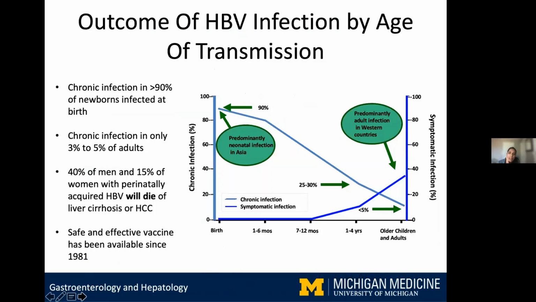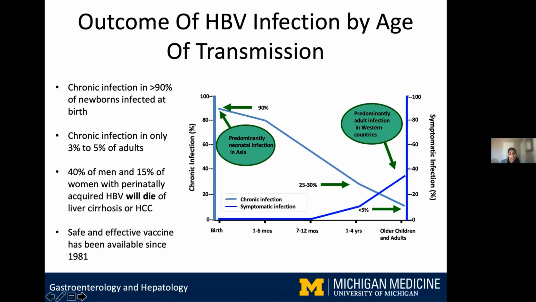So the outcome of hepatitis B infection is largely influenced by age of transmission. So the younger the age, so neonatal infection has the highest rates of chronic infection. And I just mentioned that more than 50% of cases globally are from mother to child. And so when you acquire this at the time of birth, in utero or during the delivery period, and even in early childhood, your rates of developing chronic Hep B are quite high,